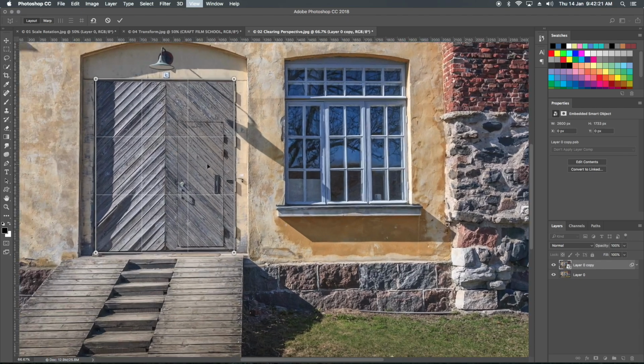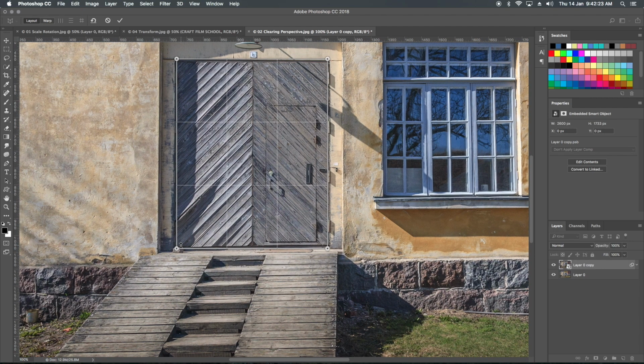and I zoom in. Now all four corners are four different points. We can move them individually. So what I am doing is guiding to the straight lines as per the image.